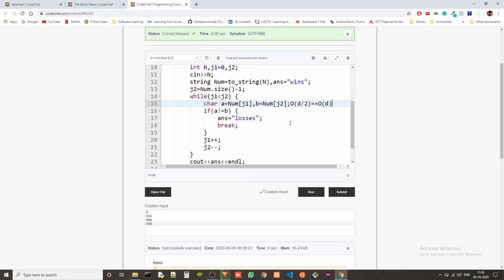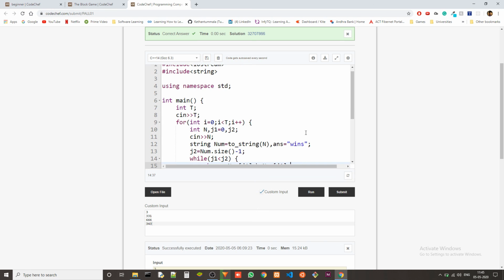So at most we'll go till the middle of the array. So for that reason, it is not constant, and it is dependent on the size, or I should rather say the number of digits in the input. Okay, so that's the space and time complexity.